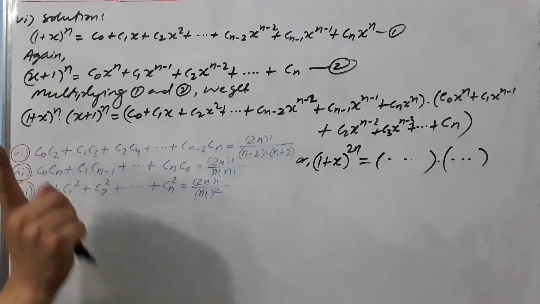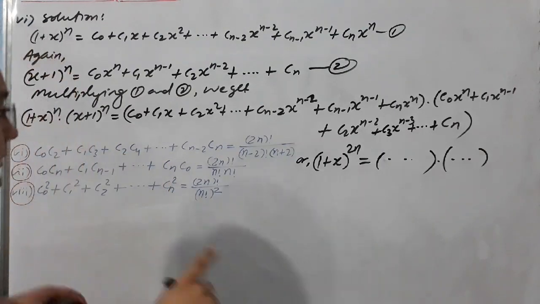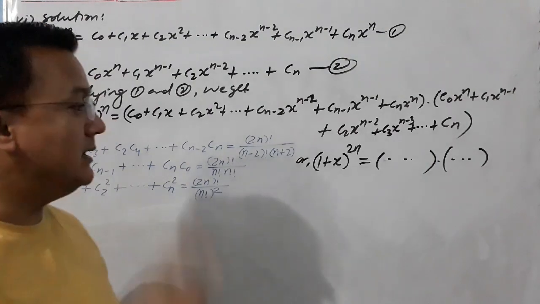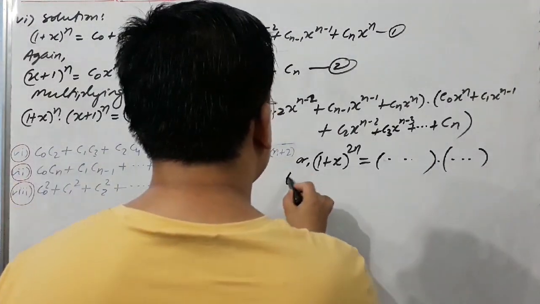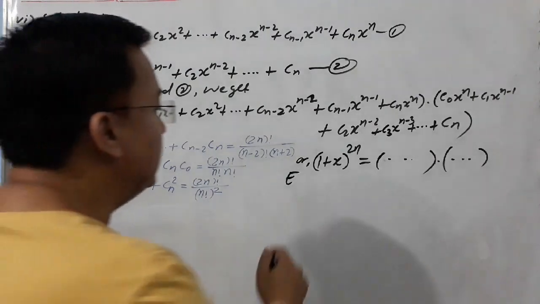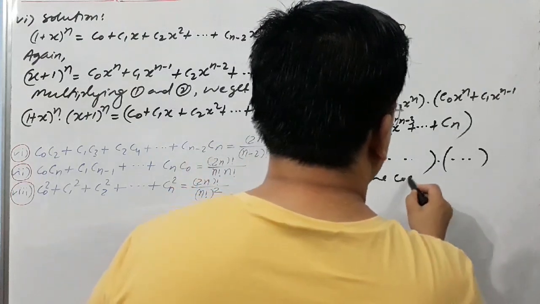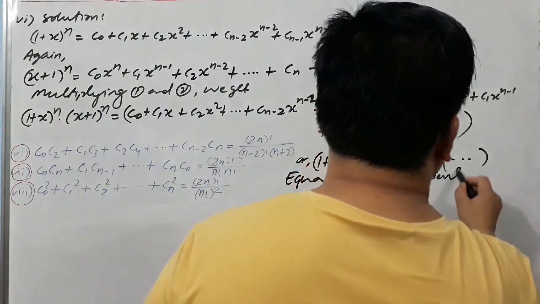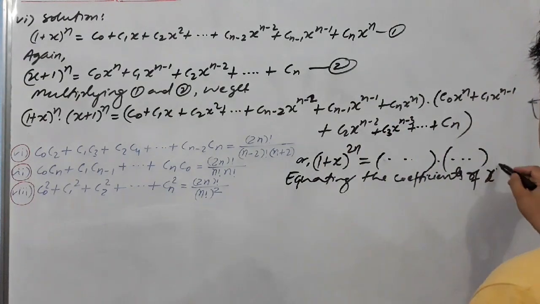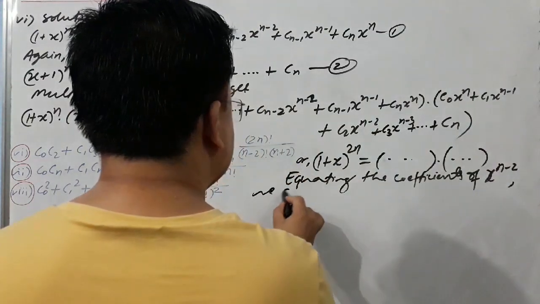So this is the coefficient of x raised to power n minus 2. This is also the coefficient of x raised to power n minus 2. This means all of these are the coefficients of x raised to power n minus 2. So after determining this, you can write down, equating the coefficients of x raised to power n minus 2 on both sides, we get